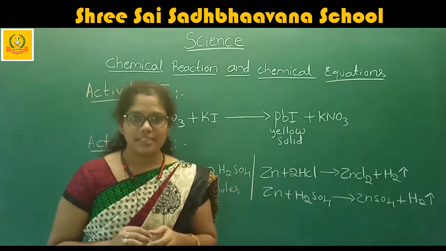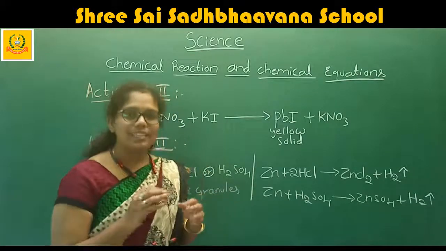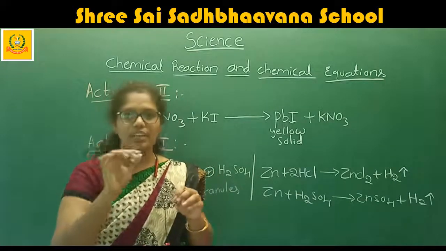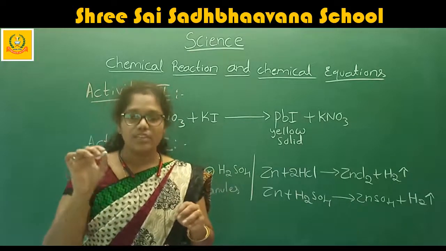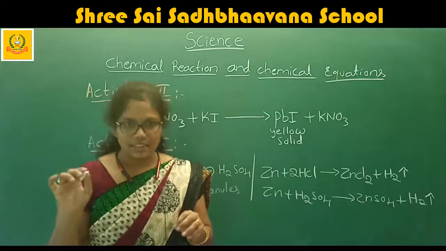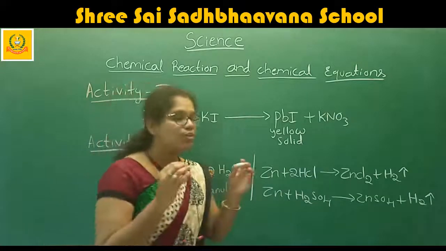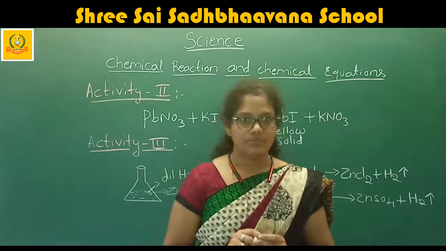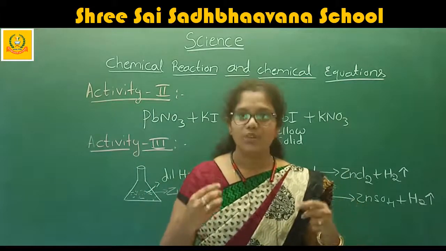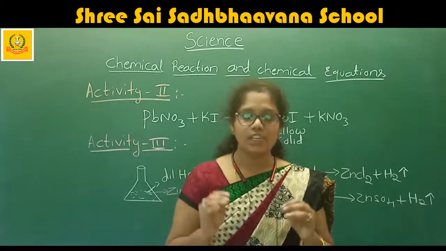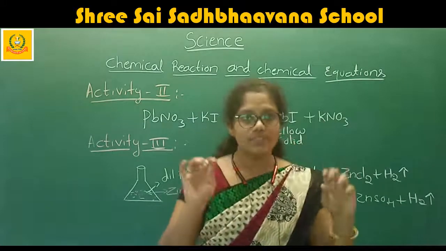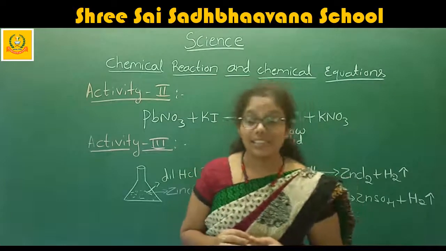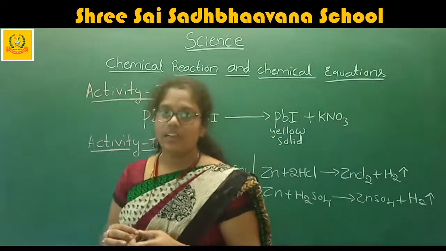Another step is there. It is for your higher studies. They want you to write the states of the elements also. If hydrogen is in the gaseous state, you write it as G. If hydrogen is in the liquid state, you write it as L. Like that, you represent the states of the elements also. It is up to your marks, you can write it, or otherwise you stop when all the elements are balanced. This is how we are going to balance the equation.